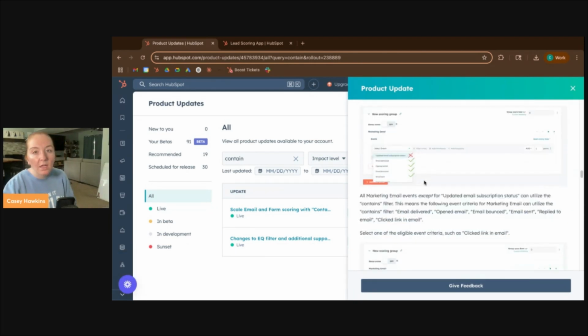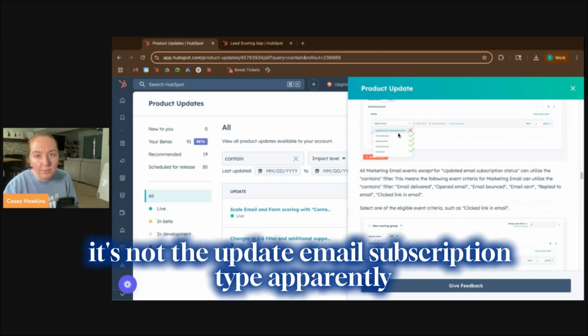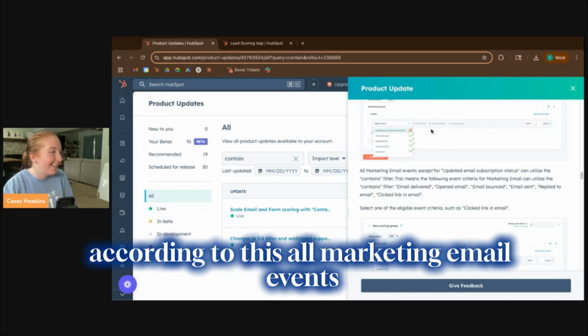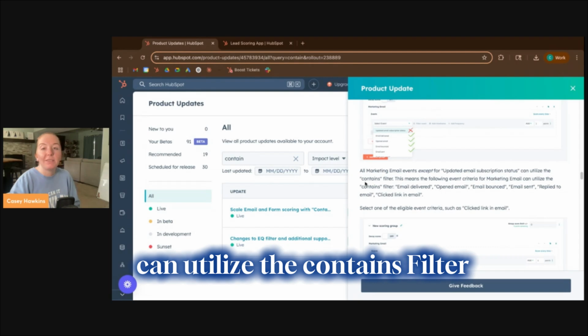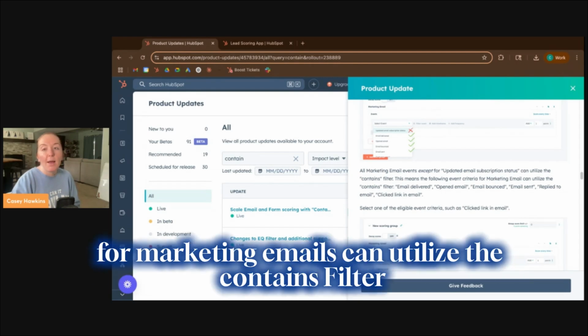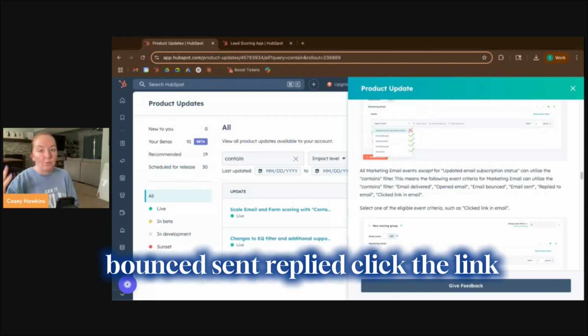Basically, it's all marketing email events except the updated email subscription status, according to this. All marketing email events except for updated email subscription status can utilize the contains filter. This means the following event criteria for marketing emails can utilize the contains filter: email delivered, opened, bounced, sent, replied,